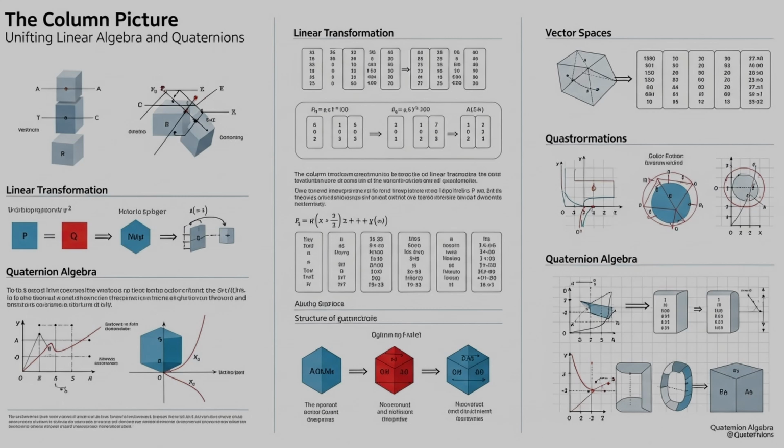Turns out left multiplication by a fixed quaternion, say L, is a linear transformation on the 4D space of quaternions. Any linear transformation can be represented by a matrix. So multiplying by L on the left is equivalent to multiplying the 4D vector by some 4x4 matrix. Let's call it ML. Precisely. And the columns of that matrix ML are easy to find. They're just the results of left multiplying the basis quaternions, 1, i, j, k, by L, and writing those results as 4D column